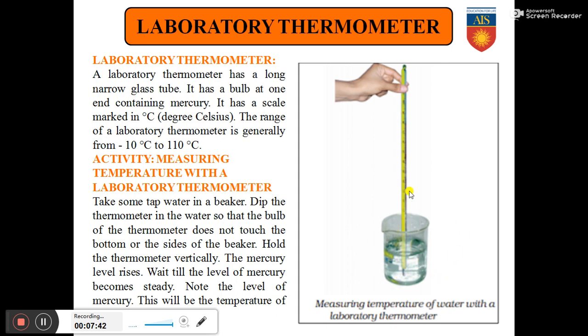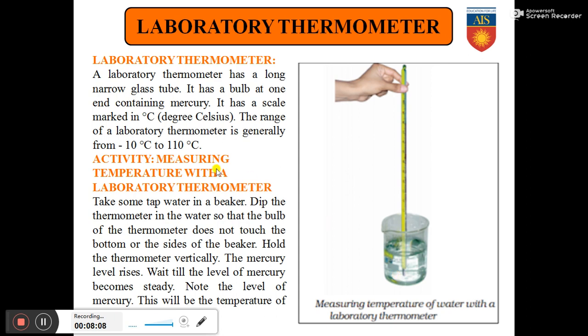Now, a very important thing that you have to do while doing this particular experiment is you will have to measure the temperature while your entire thermometer is already dipped in the water, because since it doesn't have a kink, the moment you take out the laboratory thermometer from this particular container, the level of the mercury will start dropping. This is happening because there is no kink, which was present in the clinical thermometer.